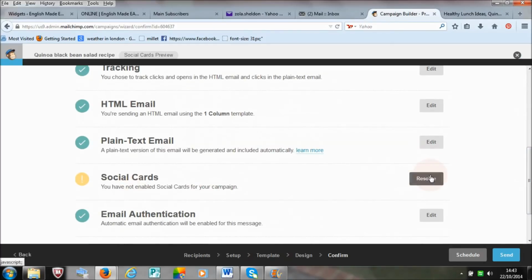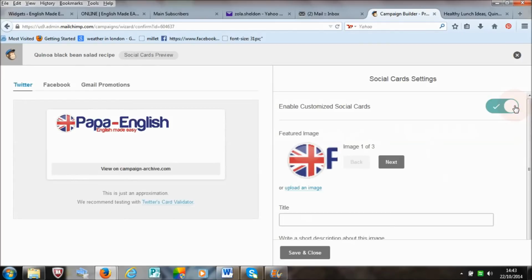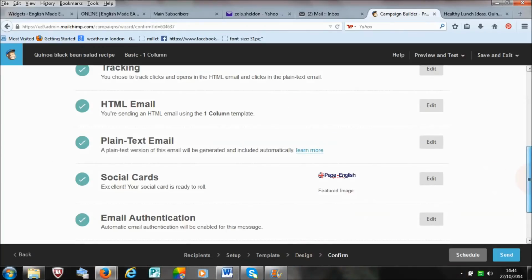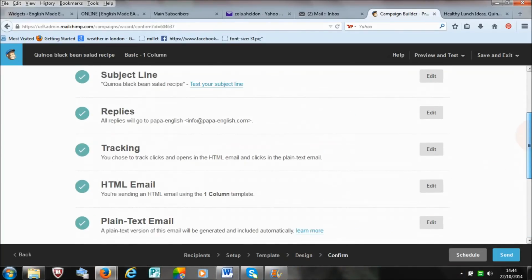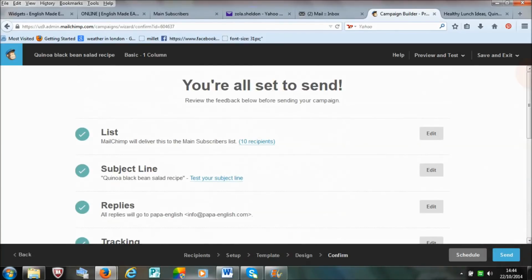Social cards, resolve, and all you do is click on the X sign to enable that or to customize it, and you just need to give it a title, which in this case I call Papa. Just write a short description about this image. You could just put logo. Voila, there you go. And that's you done. Now before you click send, I usually recommend that you preview the email,